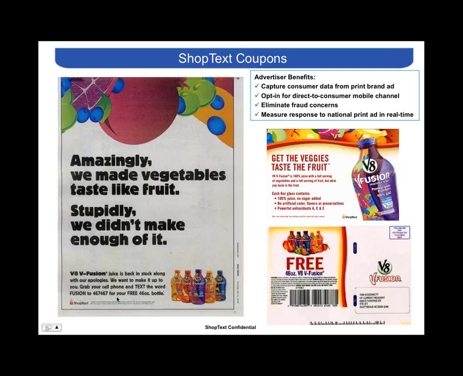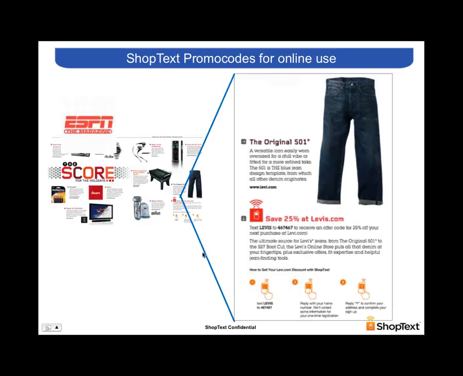But with a call to action like this, we physically captured the address of the consumer and had this 4x6 postcard, first class mailed, in the mailbox in 3 to 5 business days. And I can tell you that the redemption rates on this blow away FSI redemptions that you've seen. Even if you want to do something where, if you are the type of brand that has a website, you want to do promo codes, this is a very straightforward thing to do.